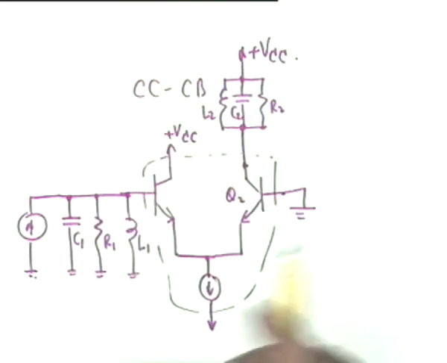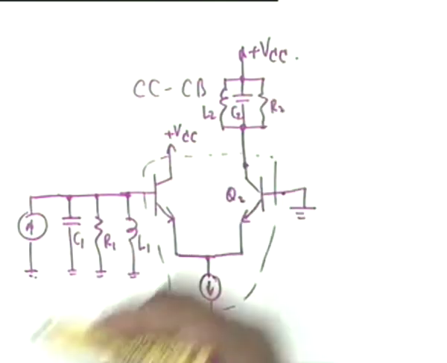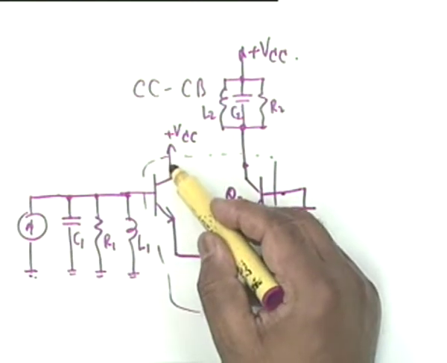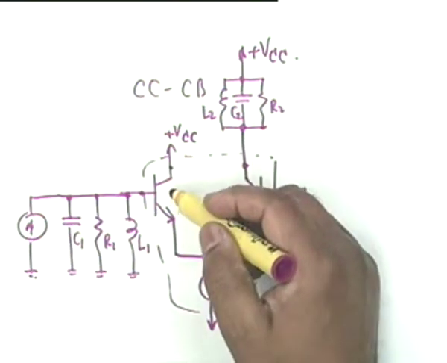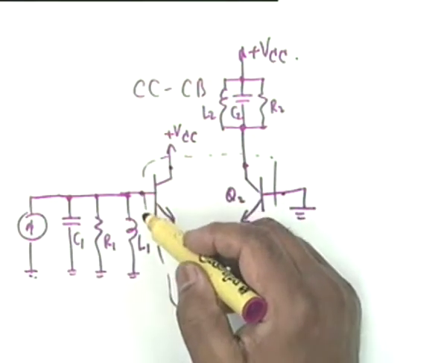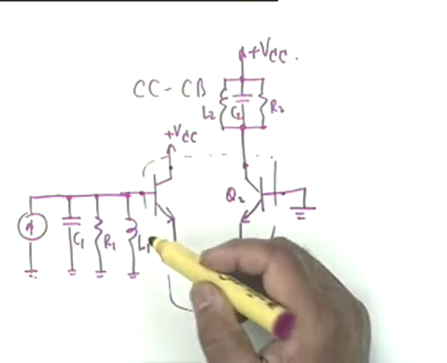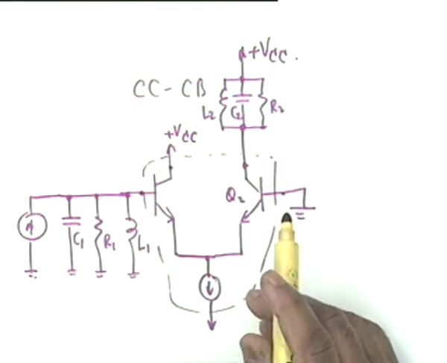Now, as I said, C mu 2 only affects C2. What about C mu 1 between the base and this point? The load here for the CC stage is 0, and therefore C mu reflects simply as C mu. That's all, which can be taken care of by C1. So these are two circuits for getting a sharper response from two identically tuned circuits, having identical characteristics, and therefore they sharpen the response.